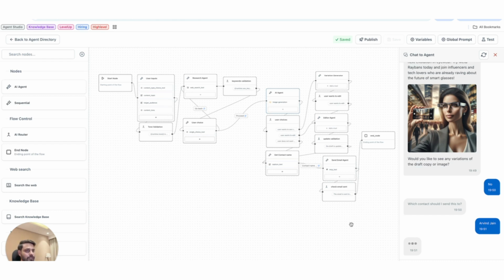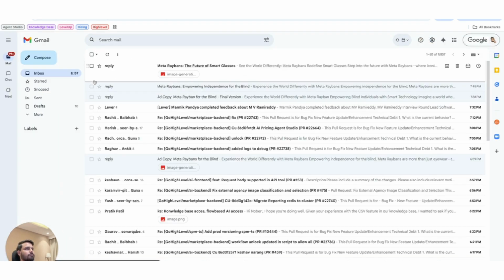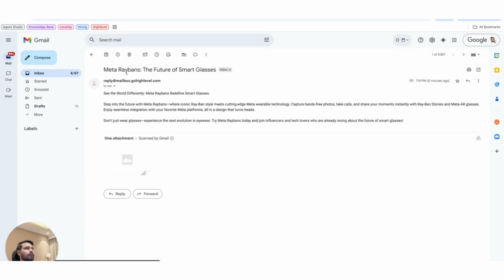which I have configured at HighLevel, right? And it uses the MCP server of HighLevel to fetch my contact from my name, and once it fetches my contact, it figures out my email address, and once it figures out my email address, it sends an email, all through MCP, right? And it says, hey, I've sent the email, right? Now let's just go and check what is sent on my email, right? So if you see, this is what I just got, 751, right? And this is the same draft that we got, with the image in the attachment,